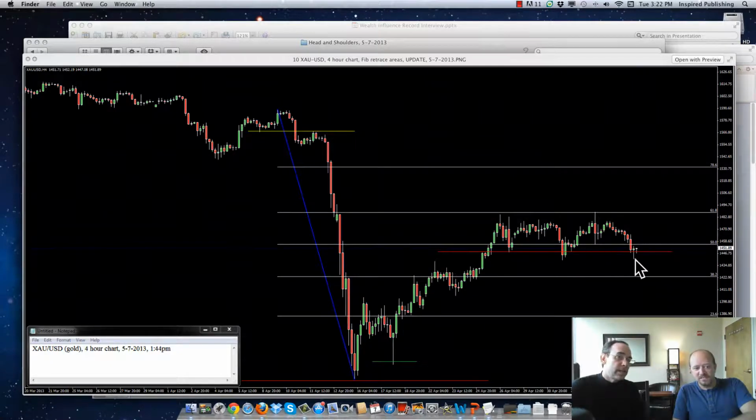This red line here is the 61.8 retracement line of that larger weekly fib that we had. But right here, what we've done is we've drawn a shorter fib now on this 4-hour chart, a much smaller time frame, and we've drawn a Fibonacci retracement tool on here. Again, the price got up almost right to the 61.8, but it's meandered around, and we still have that 61.8 line that I've drawn in here as a residual.